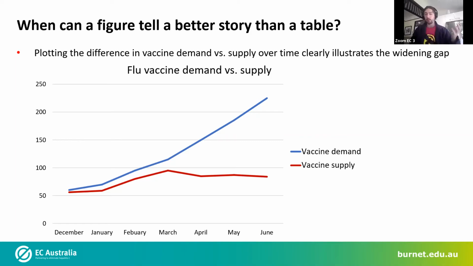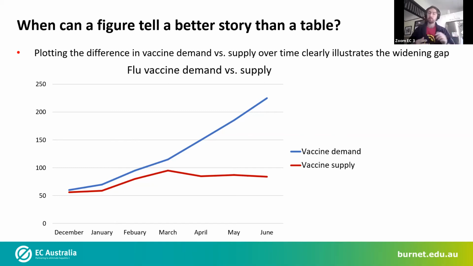And so if we think about those 3 lessons from the very first slide: first of all, drawing the reader's attention to the relevant data. So here we've got demand and supply, telling a story, which is that there's this disparity being created over time, and then creating a call to action.